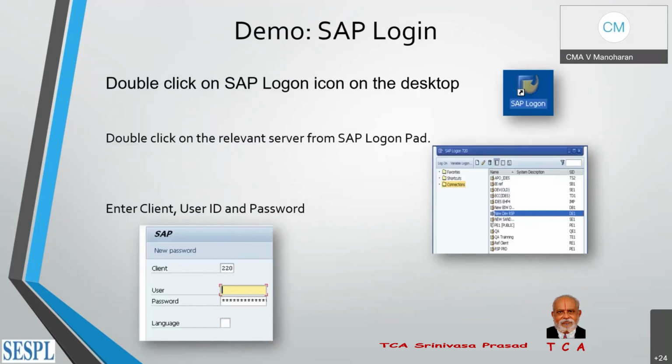Yeah, and now we are going to show you how we are able to log in into the SAP system. The first one is when we are installing the GUI in our